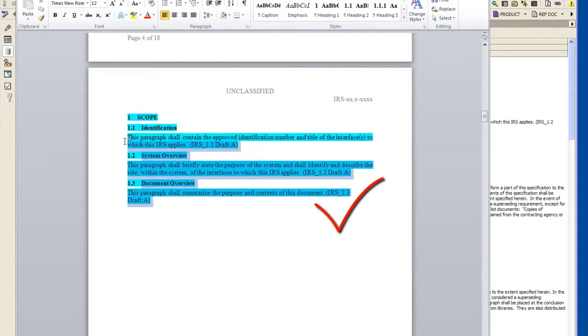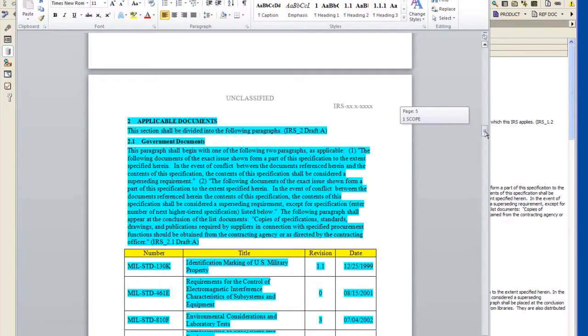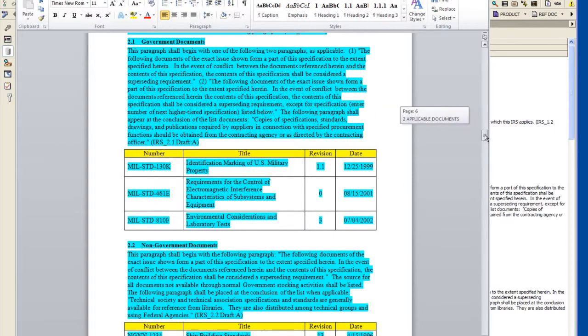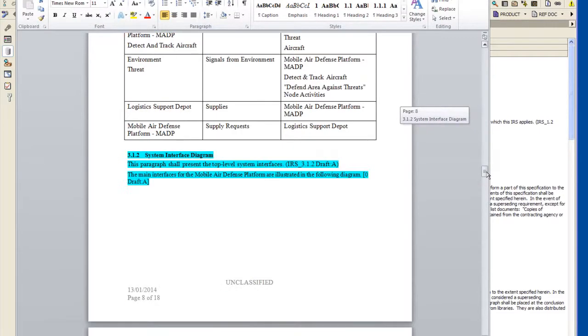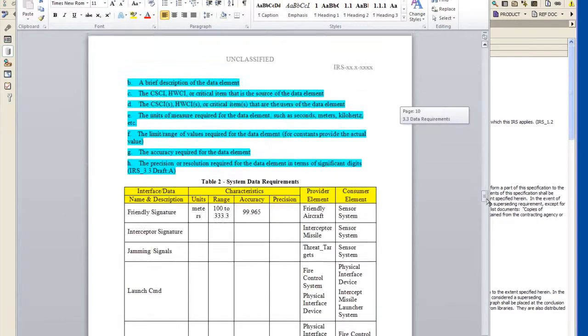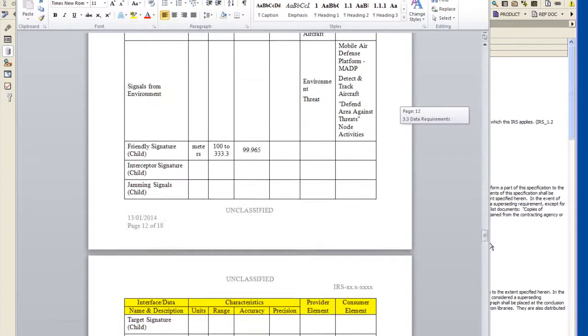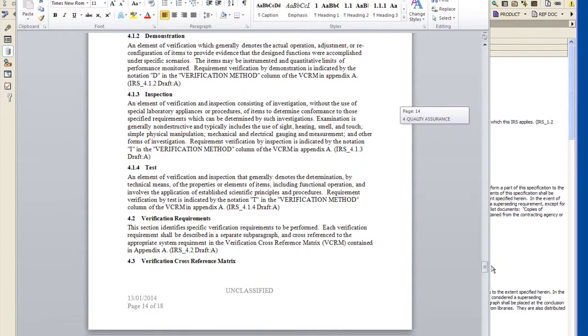So this text is highlighted because it has been loaded into the Cradle database, and all this has been loaded into the Cradle database. But this table has not been loaded. This text has been loaded, this table has not been loaded, and neither has that text. So that's a very simple way to show the author of a document which parts of their document you have